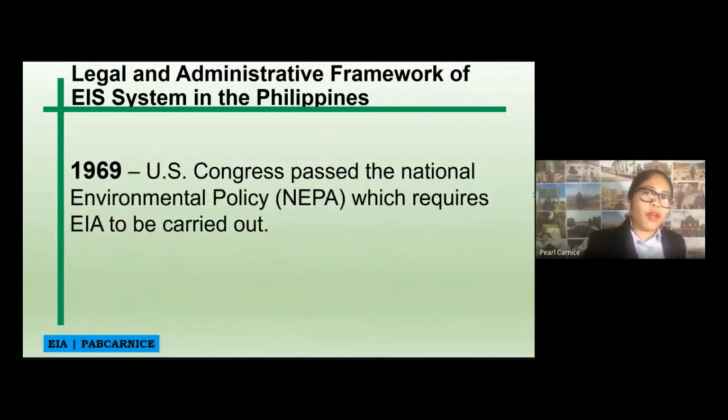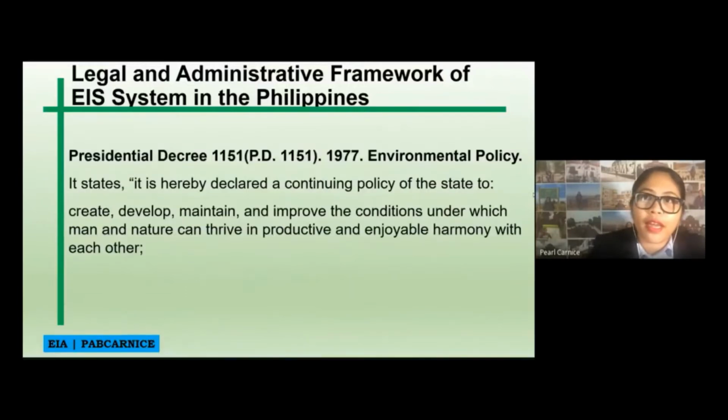So, for example, in 1969, the Congress passed the National Environmental Policy Act, or NEPA, which requires EIA to be carried out. In our presidential decree on the EIA system, which is the 1977 Environmental Policy, it states that